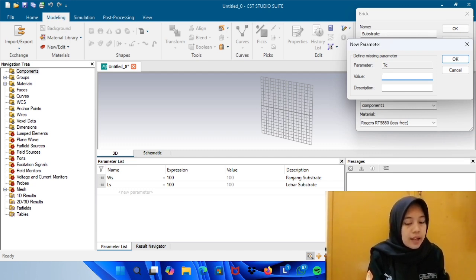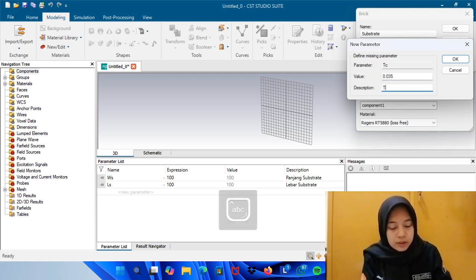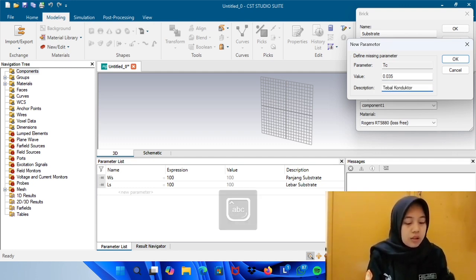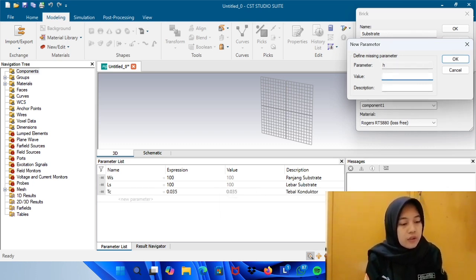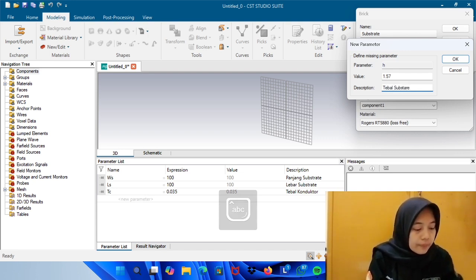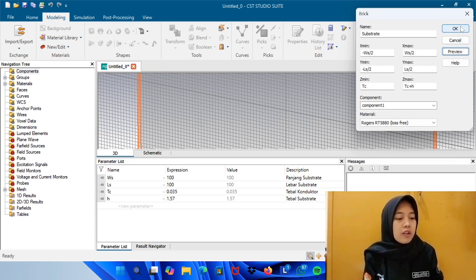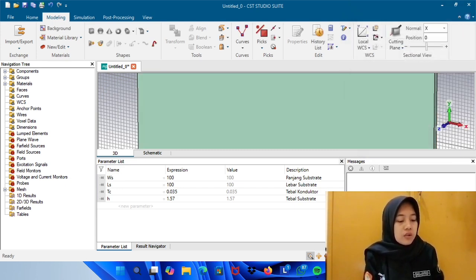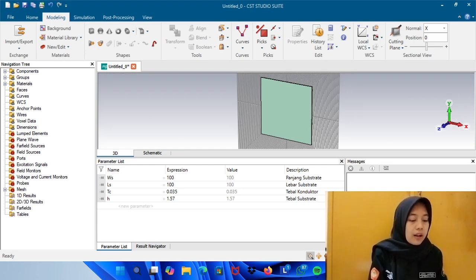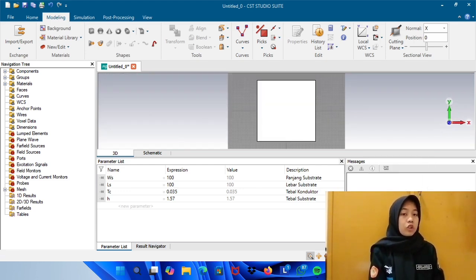Value of TC, 0.035 for the thickness of the conductor. Value for H, I think 1.57 for the thickness of the substrate. Okay, click OK. Use the mouse and front on top.